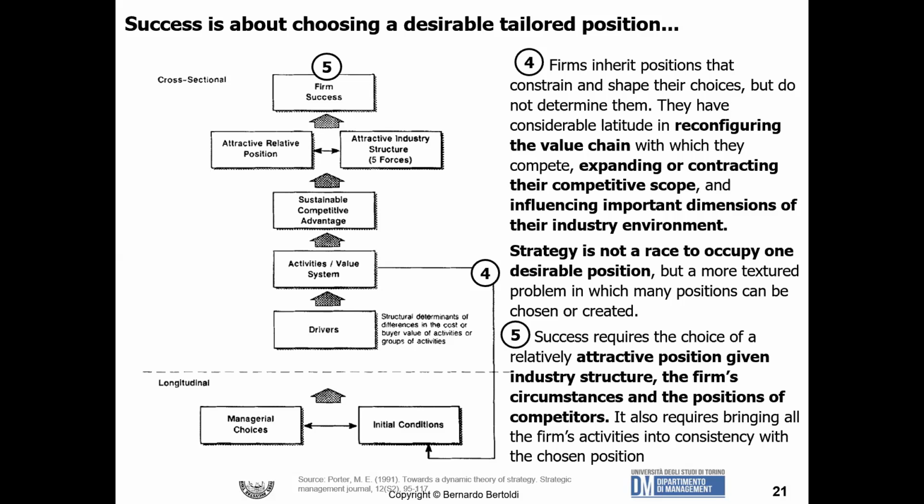So in the end, if you want to succeed, you have to take a good position, a desirable position that must be tailored to the specific company. This is the reason why strategy is a matter of management decision within a single company. That is company strategy. The only level and the only way in which strategy exists is business level strategy. So you have a standard position, a beginning position, and you can reconfigure your value chain. You can change your competitive scope. You can change the dimension, also influencing